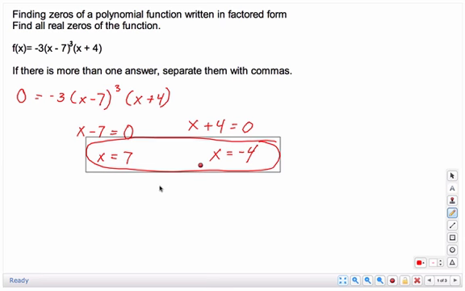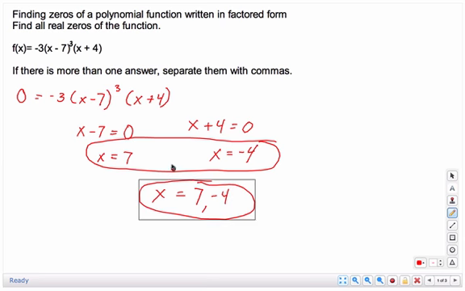So in ALEKS, you're going to list your answers. They say to separate them by a comma. So x equals 7, comma, negative 4. That's not a set of ordered pairs. It's just two solutions. And really, this would be